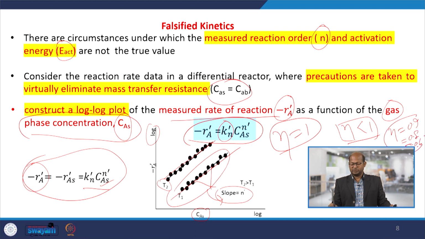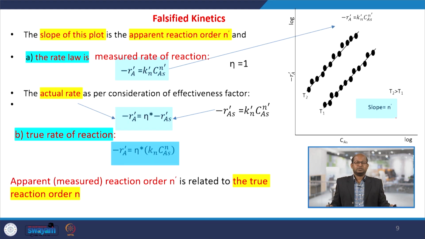So, it may be some different value. So, when diffusion does exist in the system, then the rate would be different from the measured value. Okay. So, the rate law for the measured rate equation, when eta, the effectiveness factor, we are considering eta